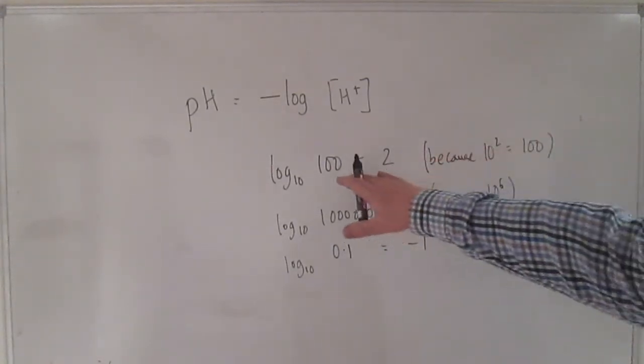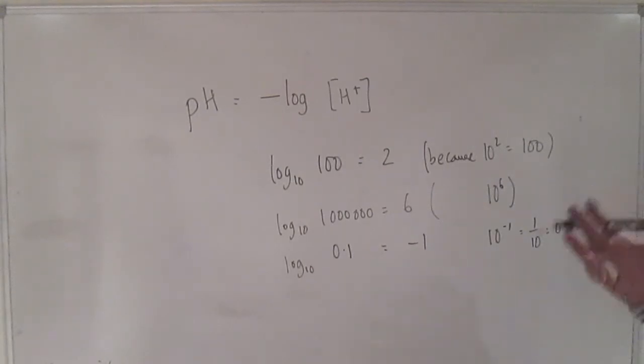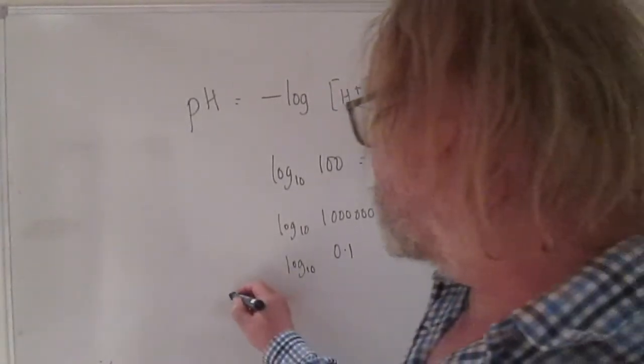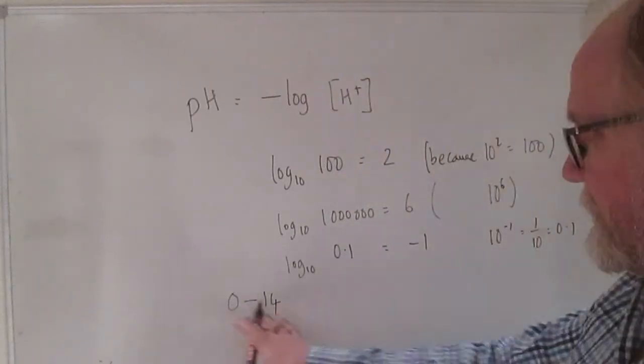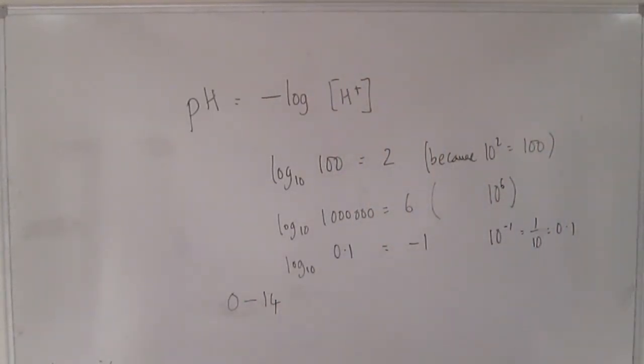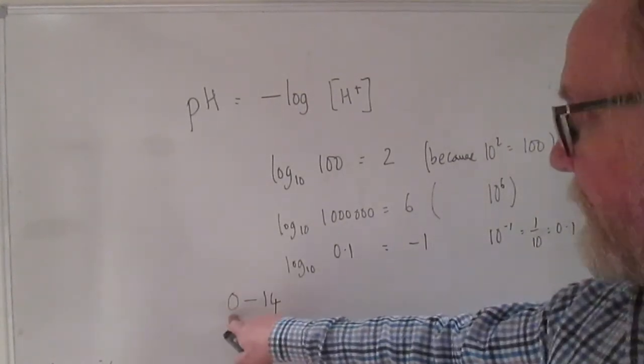Obviously, for numbers which aren't actual multiples of 10, that's why you get fractional numbers, and we won't get into the maths of that. But this gives you an idea of the sort of range of these numbers. And you're used to the idea that the pH scale goes roughly 0 to 14. As we'll see, those are not fixed limits, and you can go outside them. But just to get an idea of that, what that means is